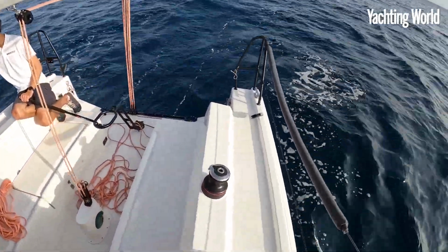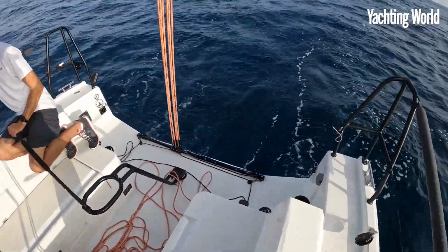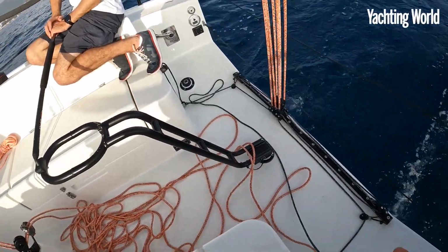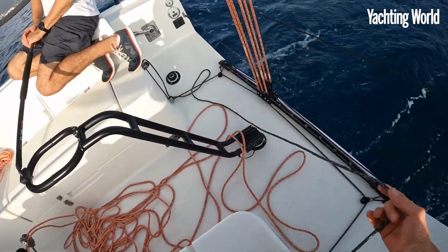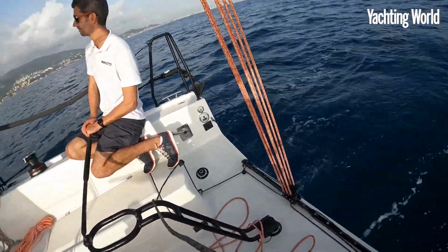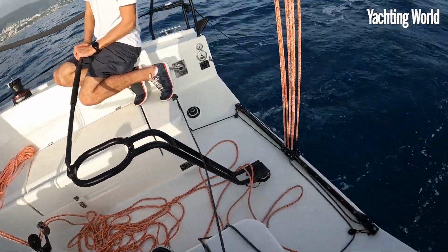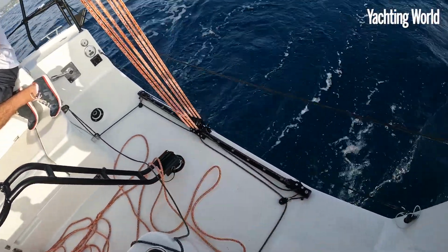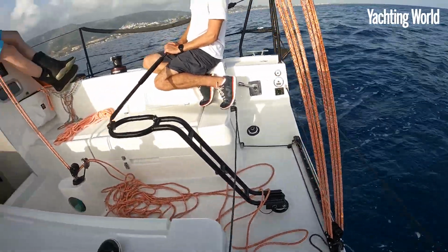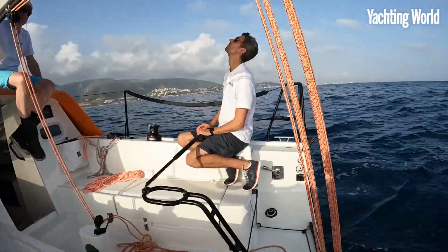And it's a really good cockpit setup as well, nice for sailing. A couple of things I really like is having a traveller that's easy to control from either side, so it's easy to let off from one side there, pull in on this side. Often that can be a bit of a faff, but that works really well. And having a proper traveller right on the aft beam on the transom there, and then yeah, easy to control the main sheet. It's just locked here on 2 sheets,